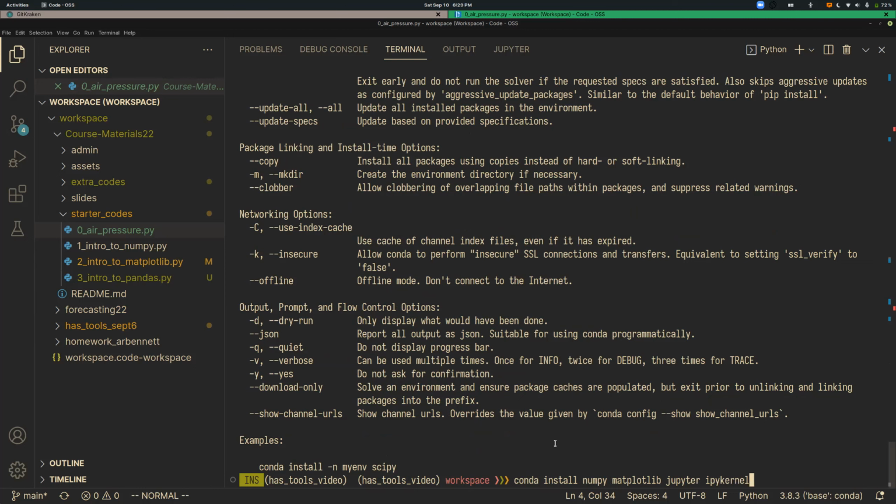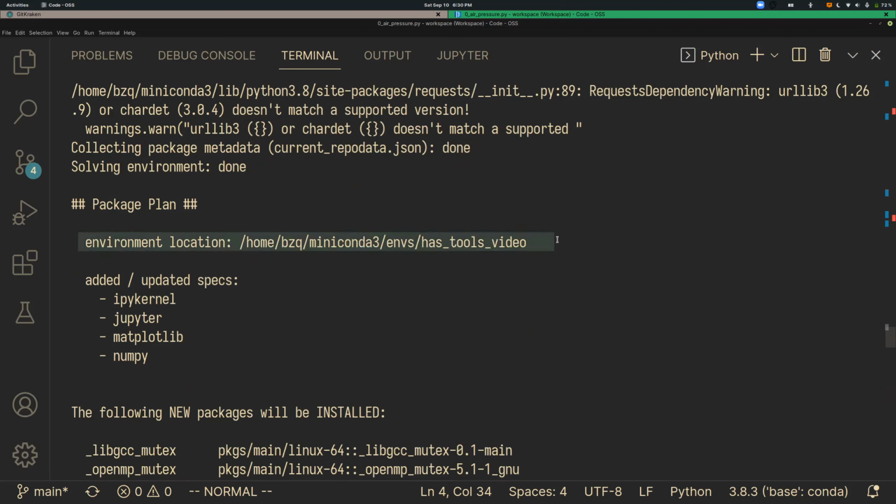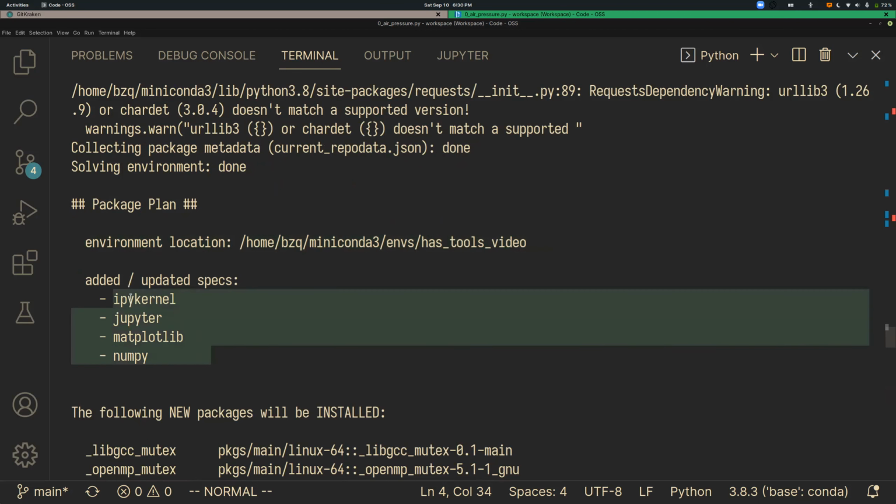But basically, it has some warnings, which are okay. But then it has this package plan, which is what we're going to do. And so it will even tell you where the environment you're installing into is. So in my case, we have has_tools video. And then it says we're going to add or update IPyKernel, Jupyter, and matplotlib, and finally NumPy, which is exactly